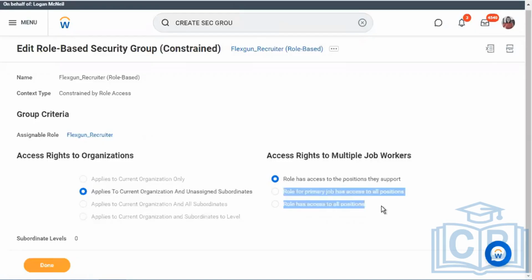Now, it might not be possible to test those out in this tenant, but these are specific to position access. Whatever position Mike is sitting in, they will get to be using these options. We don't want to go into the detail of what each of these means. Just remember not to change them. If you have access for multiple job workers, just don't change it. Keep it to the default.